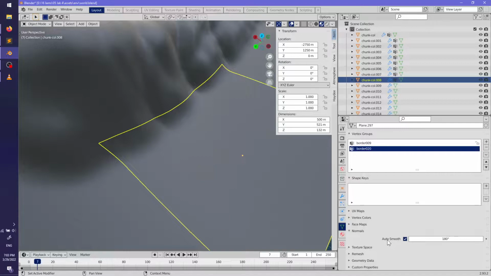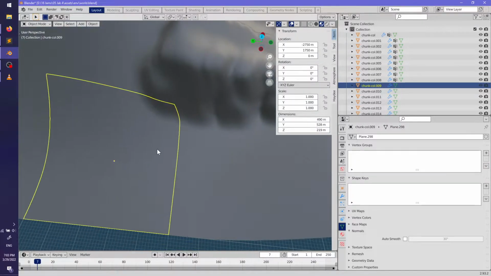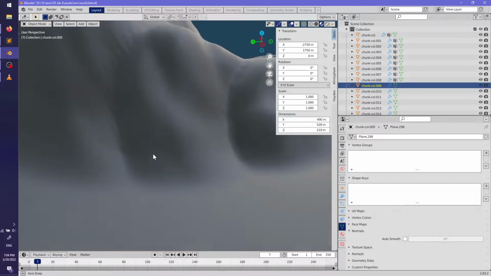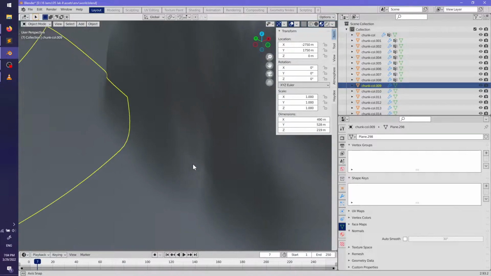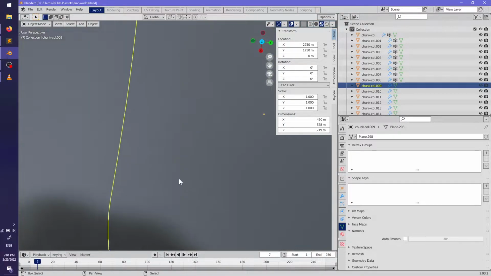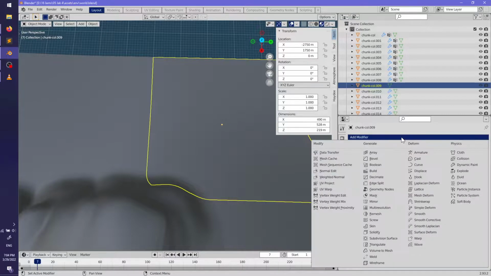I don't get why auto smooth is different from smooth. Of course I want it smooth. Of course I want it all auto smoothed. I manually smoothed it, why would I not want it auto smoothed? What is this? Oh well.